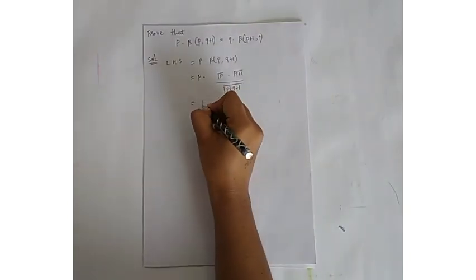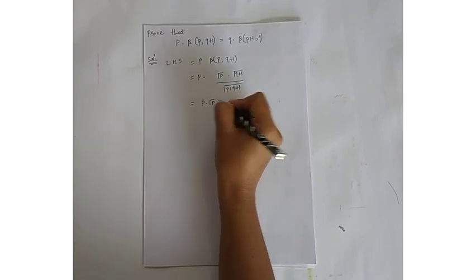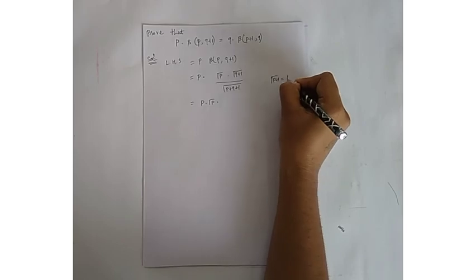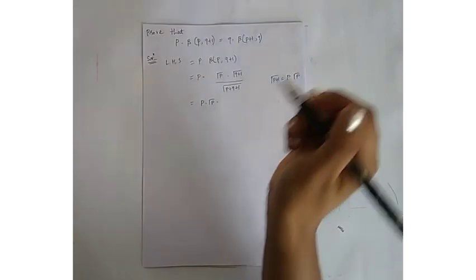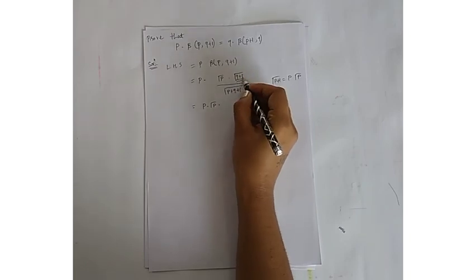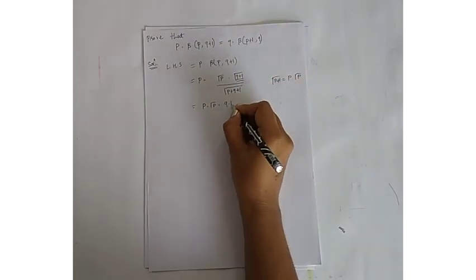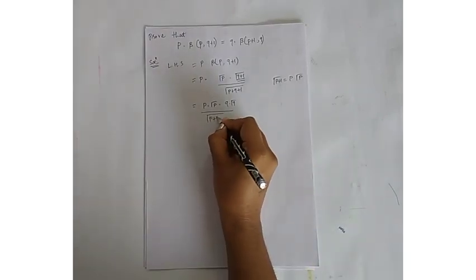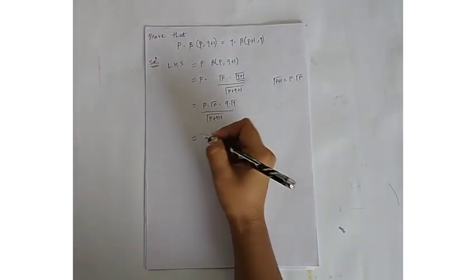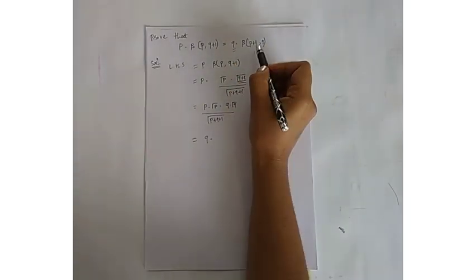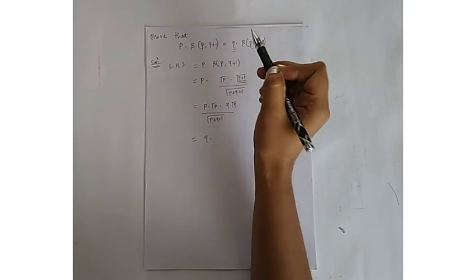So it is equal to p into gamma p. Use gamma p plus 1 is equal to p into gamma p. Here gamma q plus 1 is equal to q into gamma q, upon gamma p plus q plus 1. Now we want q, so q into, and here p plus 1,